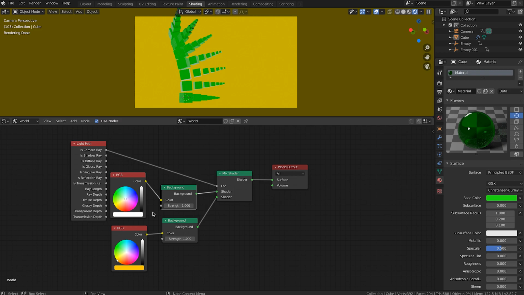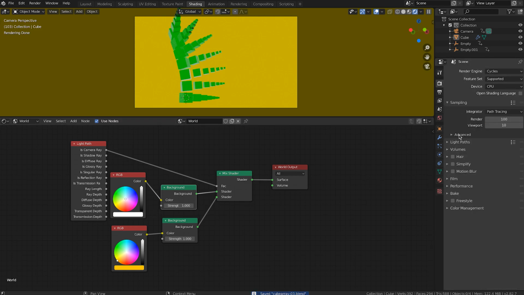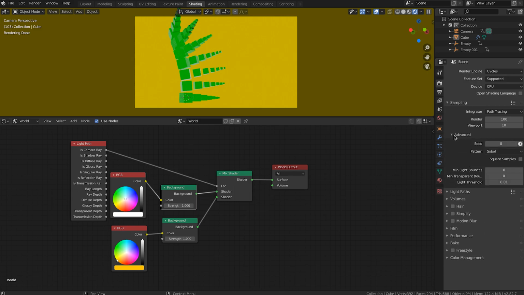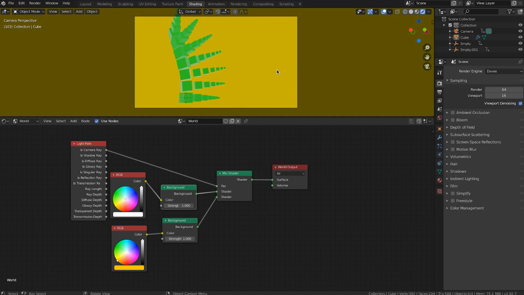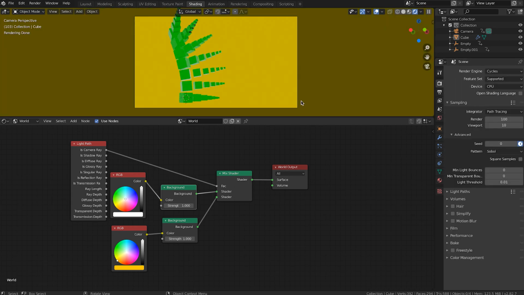Yeah, so let's save this project, render this out. One thing I always like to note is to animate your seed value so that each frame it does something different. And I rendered this out with just 100 samples in Cycles. I guess you could also do this in EEVEE and it should work pretty well. You don't get the transparency the way I have it set up, but I know that's definitely something you could do. Render that out, and